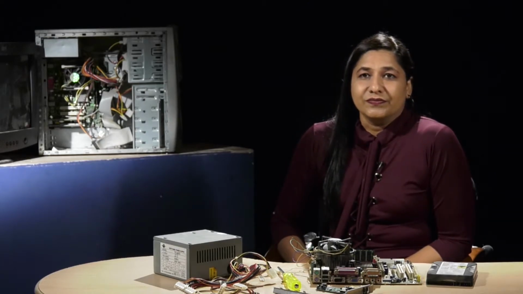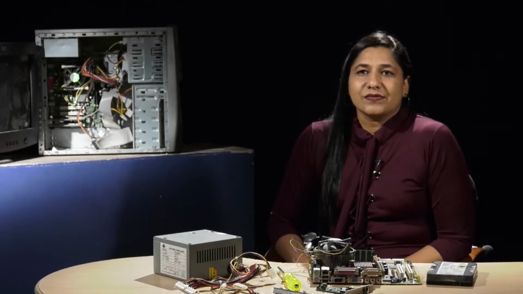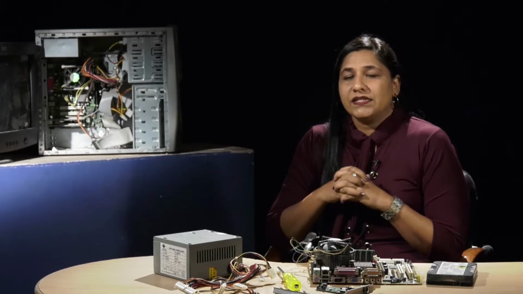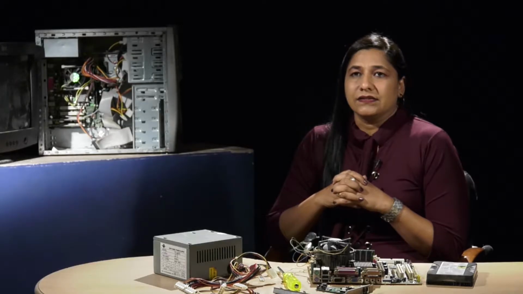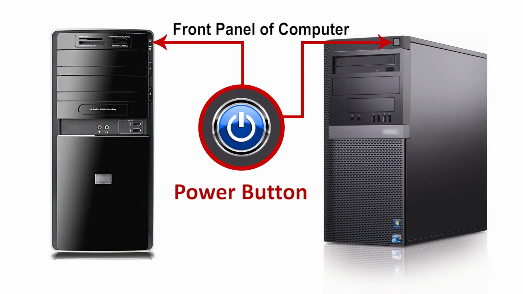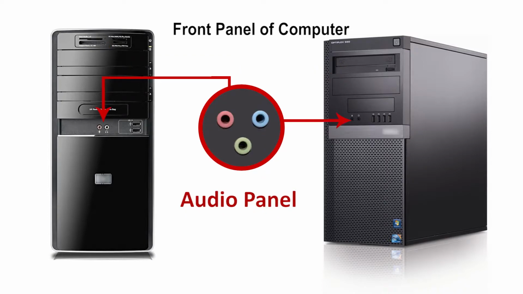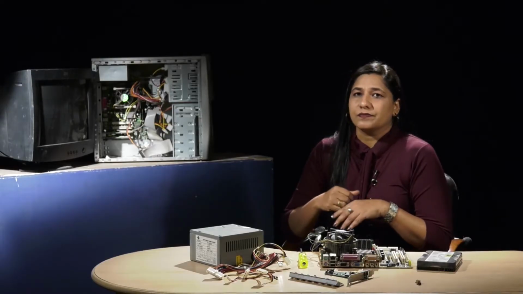So here we go, making you friendly with this system unit. In usual system units, the front side contains the elements which we need frequently, referred to as the front panel connectors, such as the power button and an optical disk drive such as CD-ROM or DVD-ROM. There is an audio outlet for a pair of headphones and a number of USB connections to connect your mobile phones or flash drive to the system.